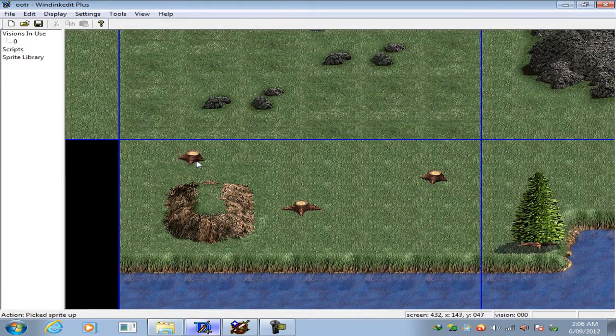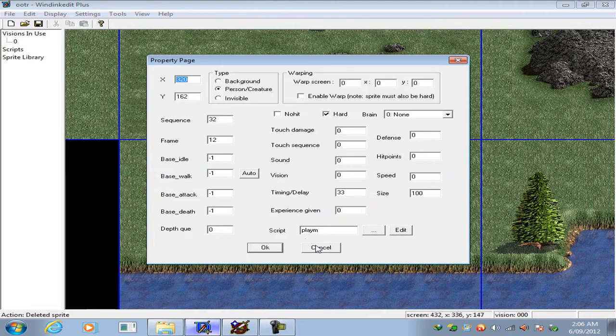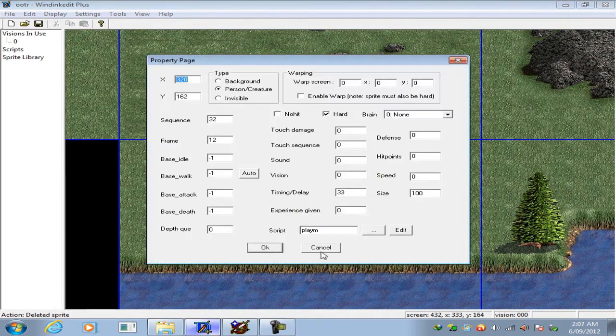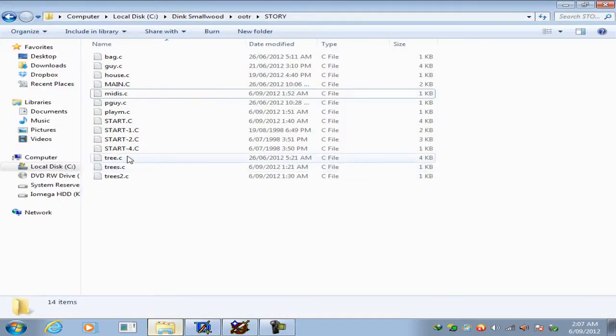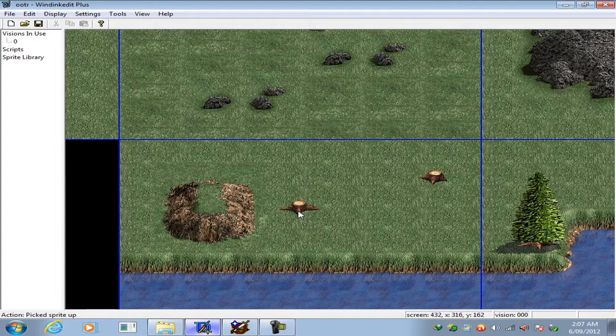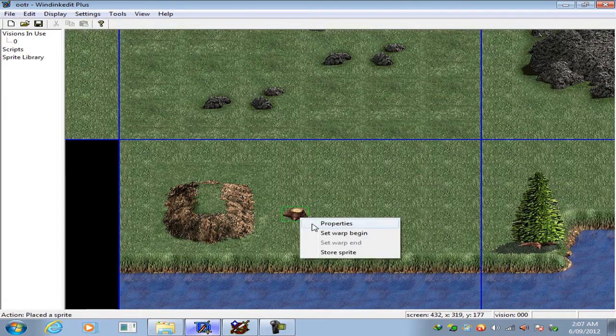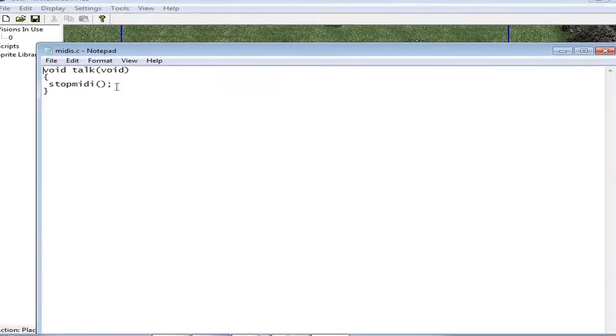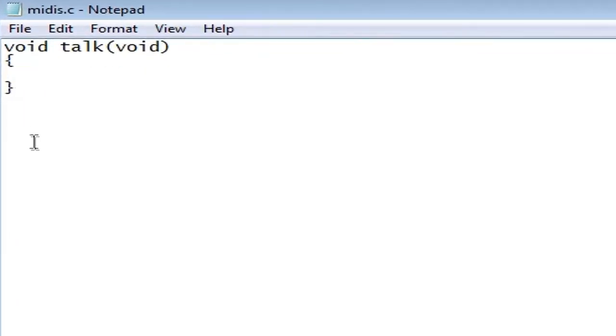Delete that tree stump. Let's get rid of this one that's play M from our story folder. Delete that, and we'll leave this one here because I'm going to just use this one to demonstrate the last two commands. Let's edit this, delete stop MIDI, and instead let's write turn underscore MIDI underscore off, open bracket, close bracket, semicolon,